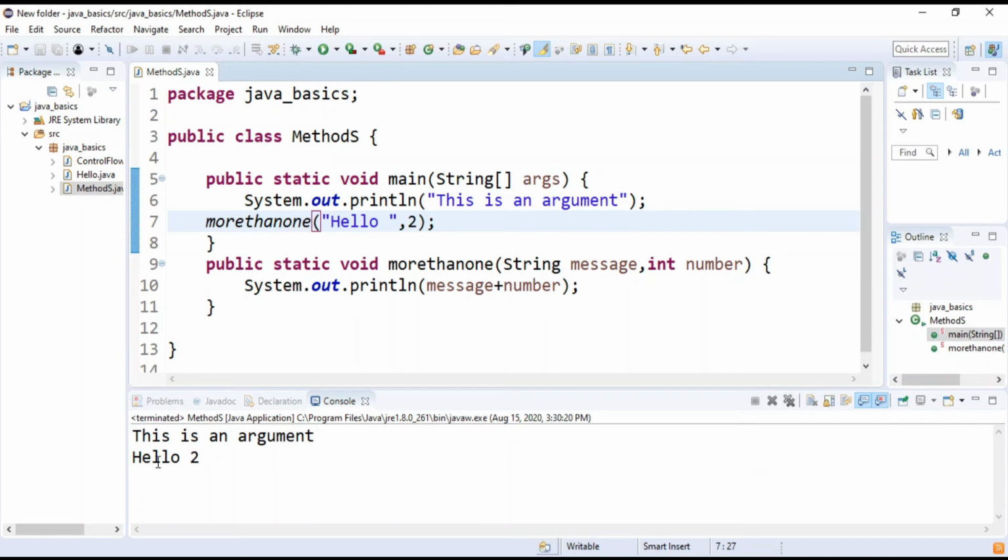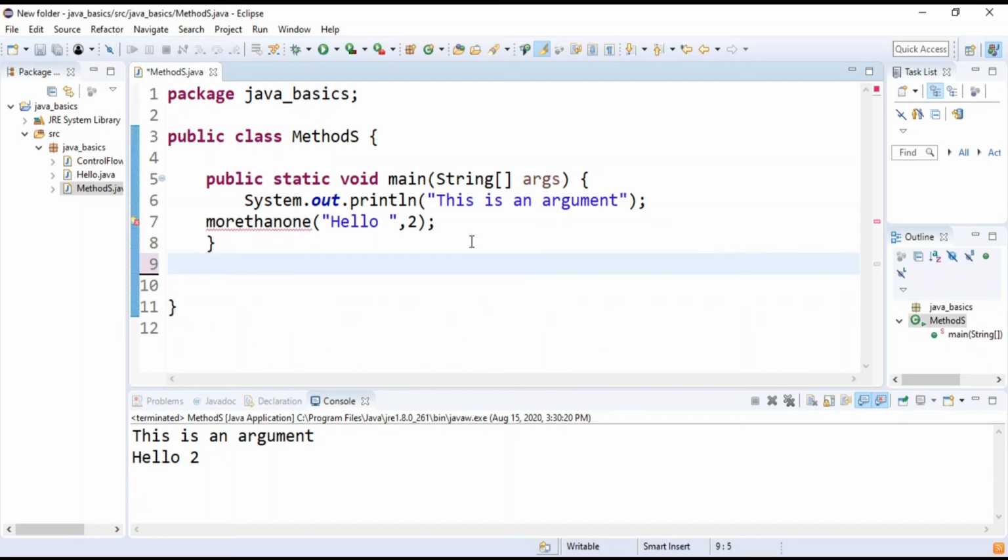Now, all of these methods are of type void. They don't return anything, right? They just print everything. So now let us create a method with a return type. Let me remove this and this too. And now we'll create a public static int method that will return an integer, returnInteger.